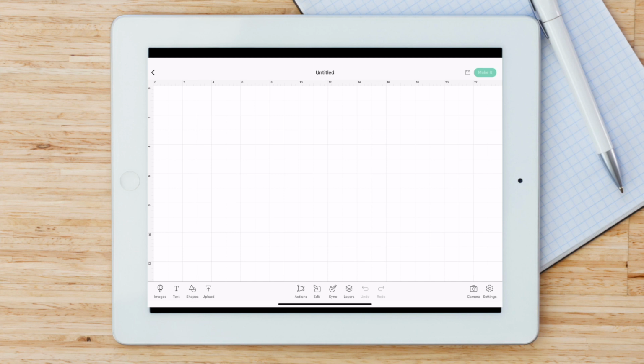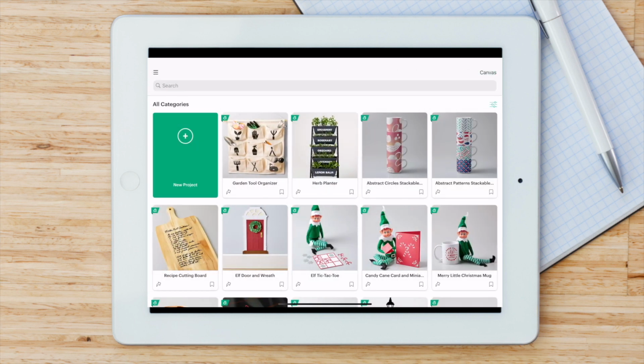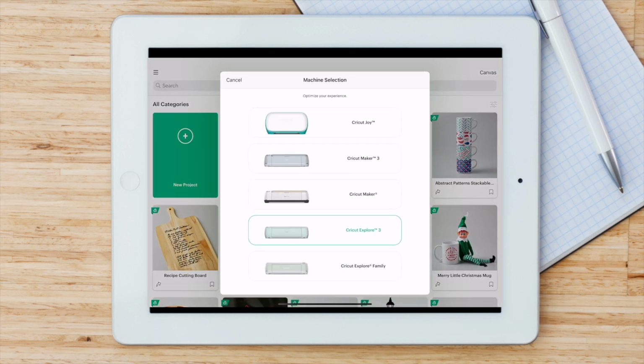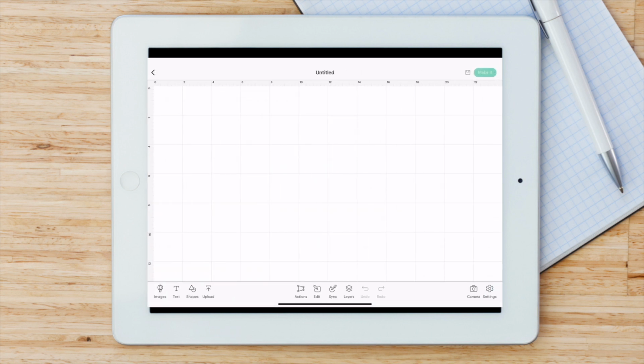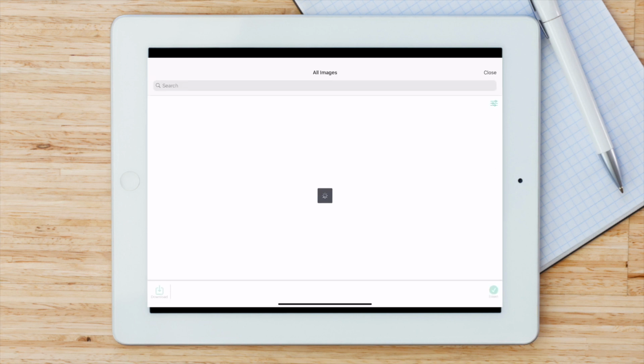Starting off, you guys can notice the bottom looks quite different. So if you want to change where your machine is, you're actually going to come to your front page, go to those 3 little hamburgers on the left-hand side, and then you can just choose your machine. So you can just kind of pick through here. Once you click on it, it's going to choose the machine that you have chosen. So now that I've chosen the Cricut Maker 3, I'm back on my blank canvas. I am ready to go.